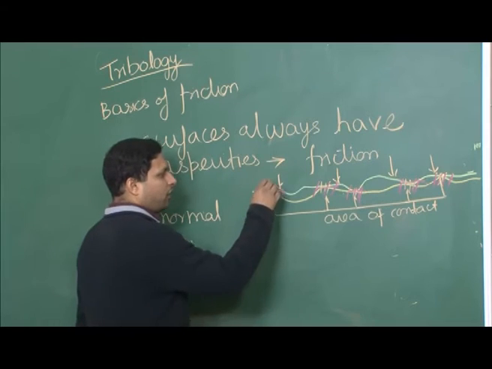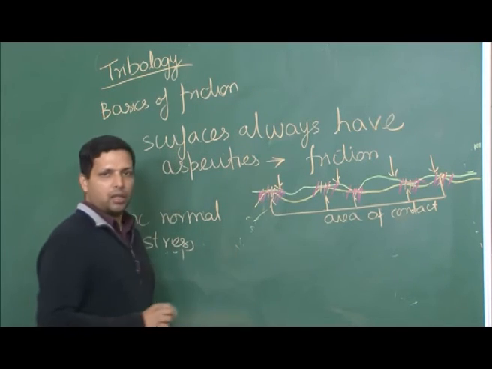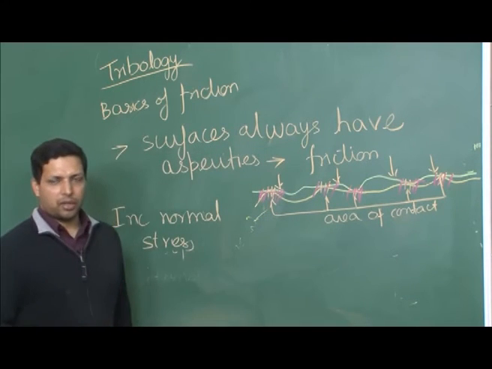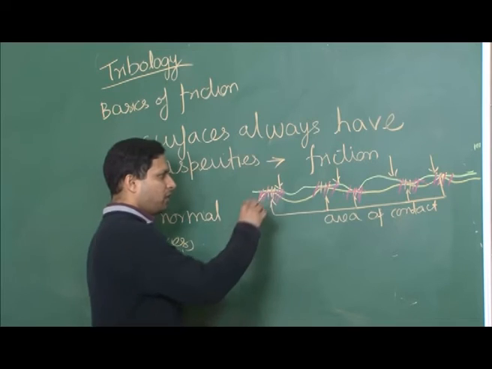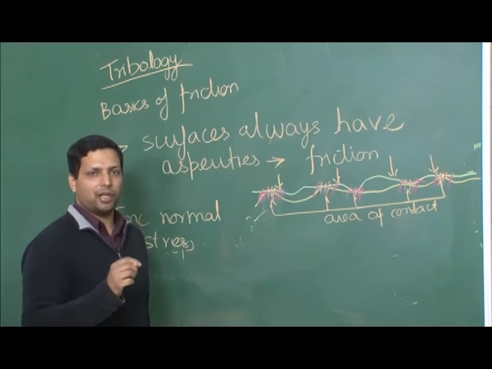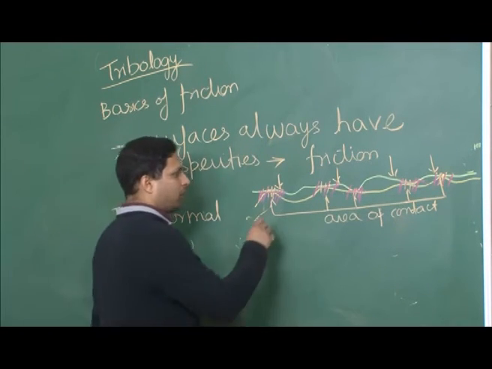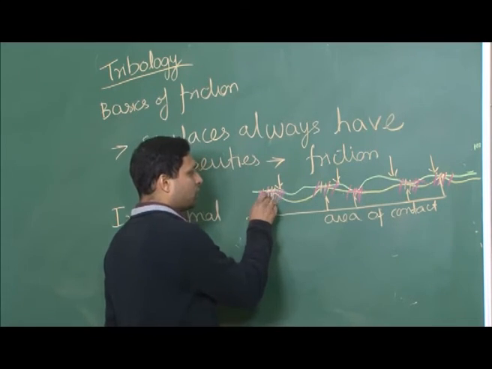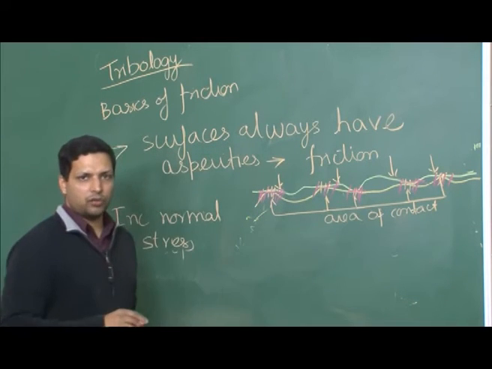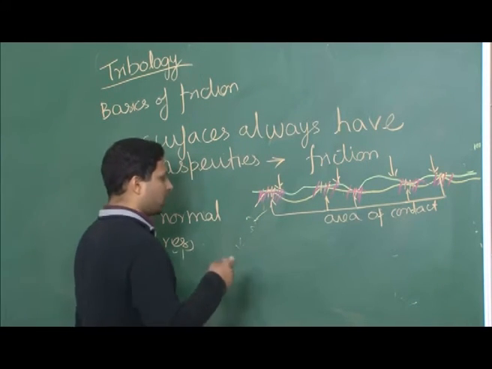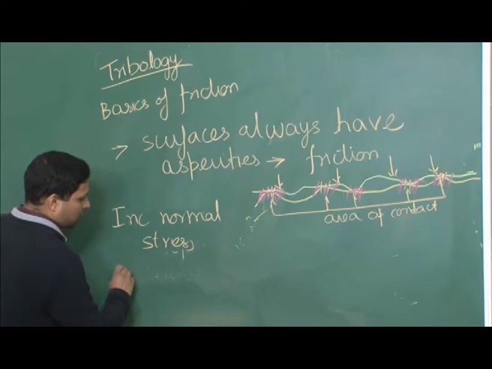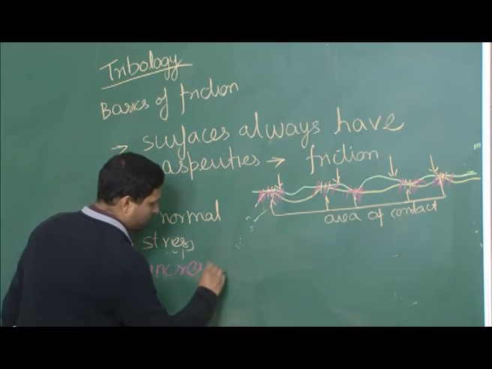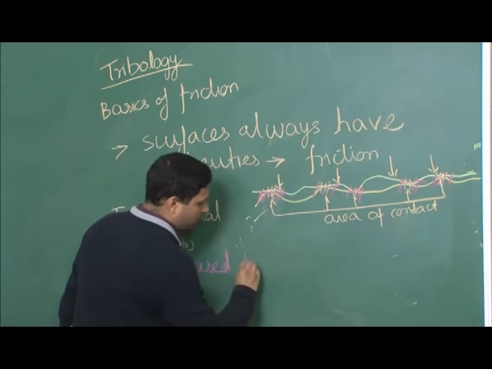When deformed, the area of contact has increased, and second, particularly in the case of metals, there may even be some small cold welding. So, the materials may get cold welded at places, or even if that is not happening, you can see that the work has to be done against a larger area. When you are trying to move this, it has to do work against a larger area, and that implies increased frictional forces.